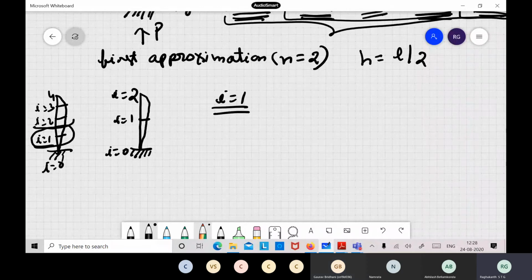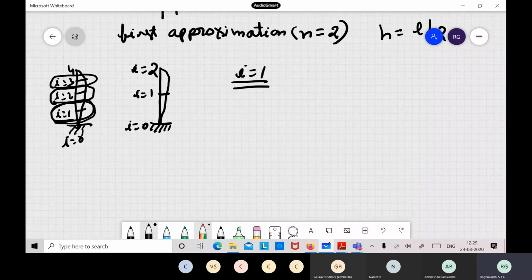We here have to maybe imagine a point. For i is equal to 2, there is no problem, because for i is equal to 2 you require information for i is equal to 1, then i is equal to 0, and this side also 3, 4. So that is perfectly fine. But if I want to write for i is equal to 1 or i is equal to 3, at the points next to the ends, still we have a problem. So simply increasing n to 3 or 4 is not going to help you, because at the n minus 1 point, still you have a problem. Now how do we solve? What is the clever trick we use in engineering?